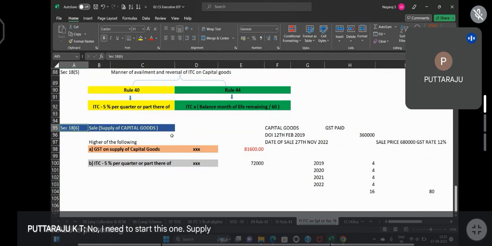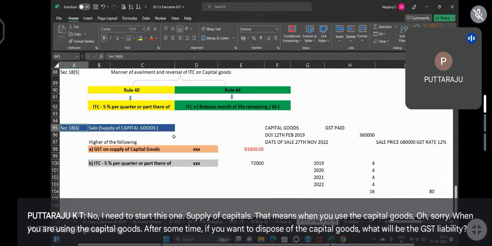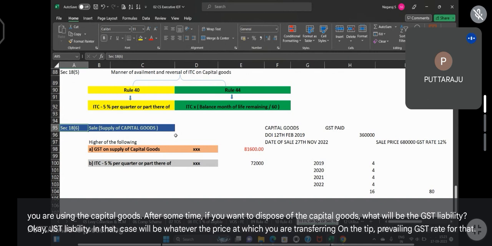Supply of capital goods. That means when you are using the capital goods, after some time, if you want to dispose of the capital goods, what will be the GST liability? GST liability in that case will be whatever the price at which you are transferring, on that the prevailing GST rate for that transfer,